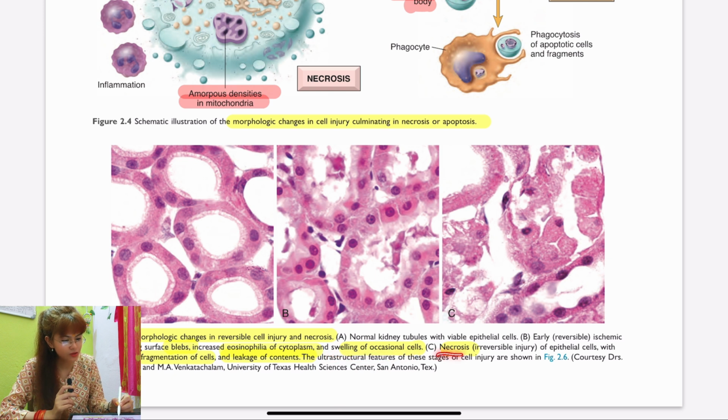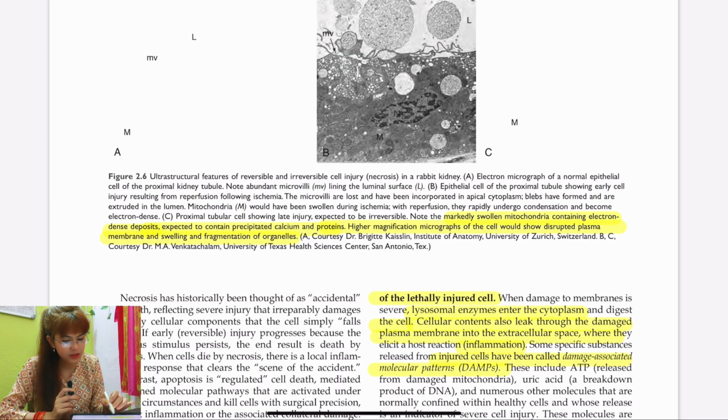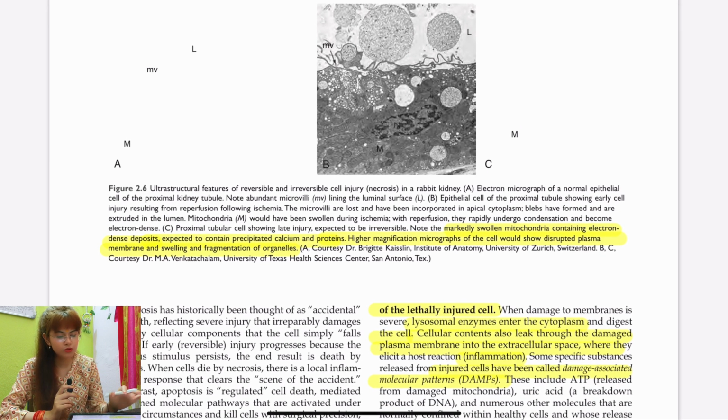And this is the necrosis. You can see here that there's loss of nuclei. You can't see any nuclei over here. There's nuclear fragmentation of the cells and leakage of the contents. So this is just an overview. This is the electron microscopy image. So nowadays, images are directly asked from Robbins as well. So please go through these images.